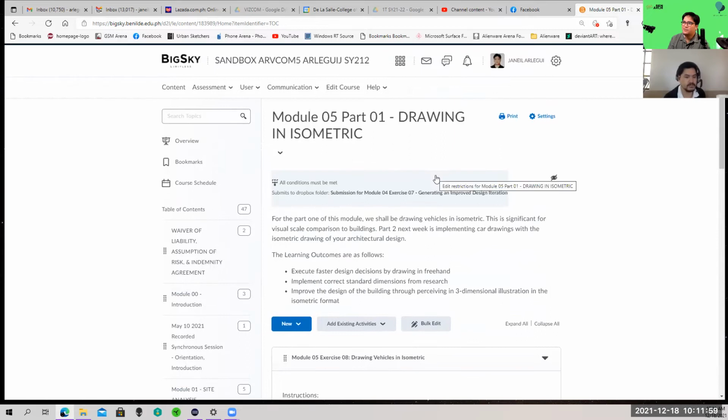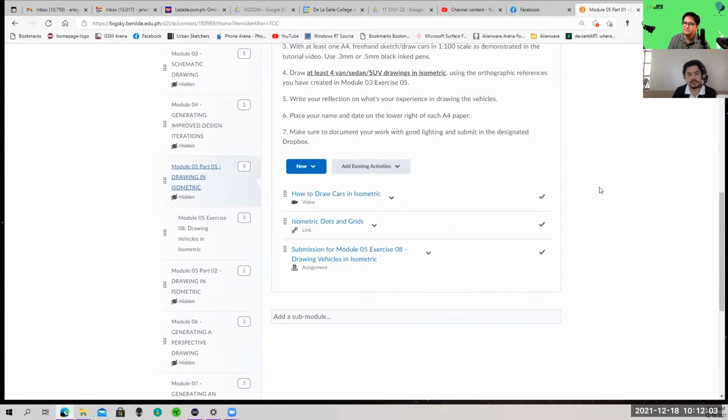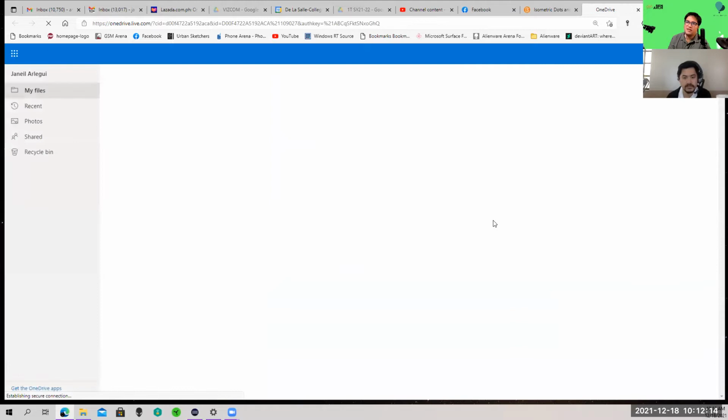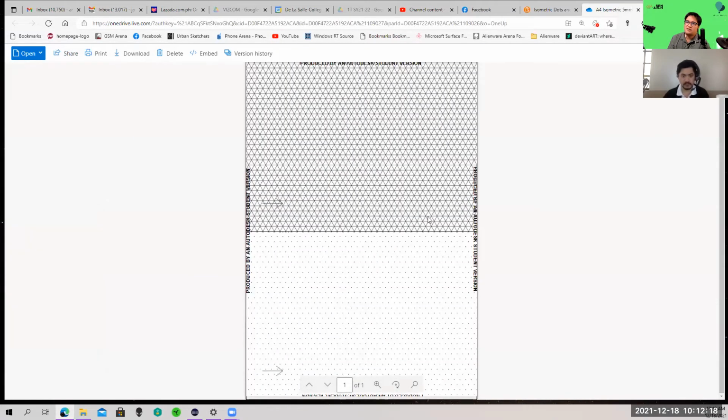Bakit ko ginawa two parts? I forgot. But the thing is, car and then isometric lang for them. Anyway, I also provided dot matrix for isometric for them to print it out, or I linked it up to my here. They could print this over, print it out, and then they can use this under